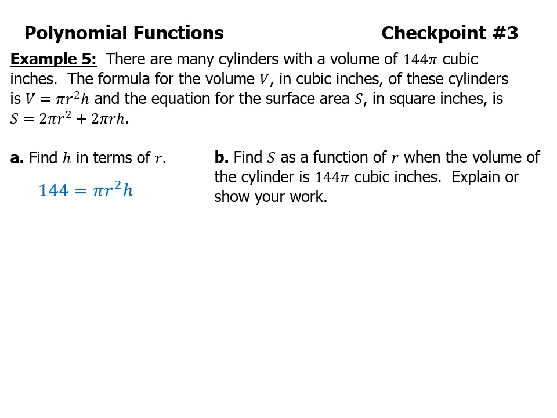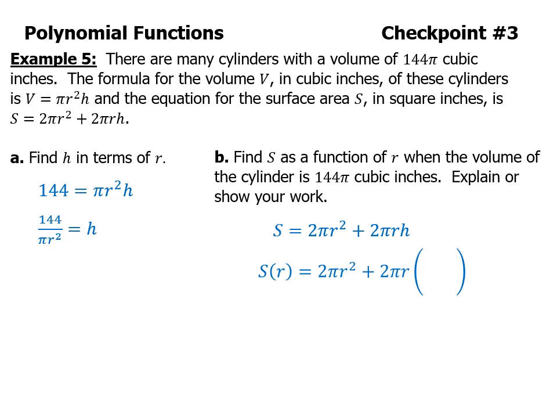So we know the volume is 144, and that equals pi r squared H. To get H by itself, divide both sides by pi r squared. So there's H in terms of R. Now part B, we want to find the surface area formula in terms of R completely. So that means we need to replace that h with what it equals in terms of r, and that would